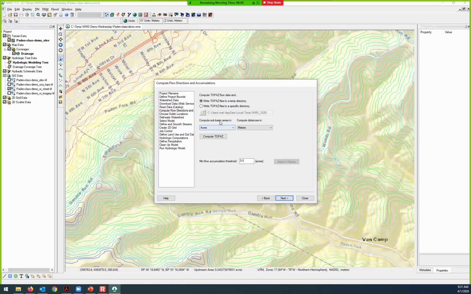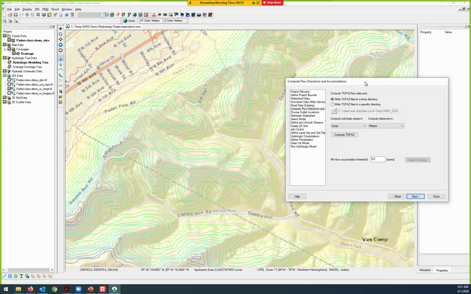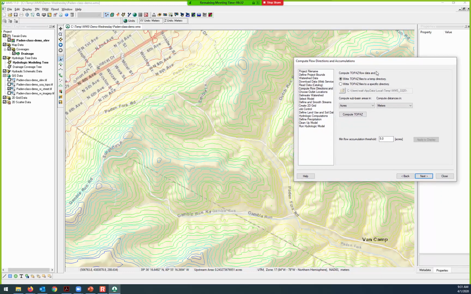Alright, so we're going to have it compute Topaz, and Compute Topaz is that process I briefly described in class on Monday, where every elevation cell is analyzed relative to the adjacent elevation cells, and the computer is asking the question, if a raindrop fell in this particular elevation spot, which direction would it drain to? And it's doing that analysis for every location. This elevation map is essentially a grid with the elevation defined at